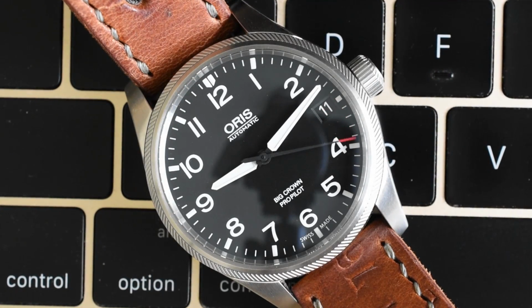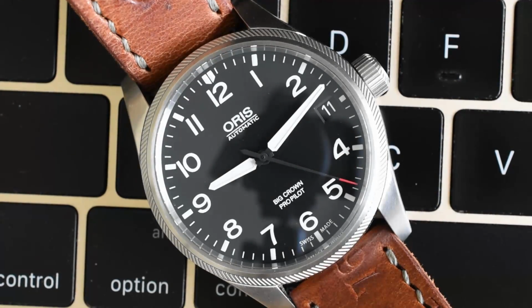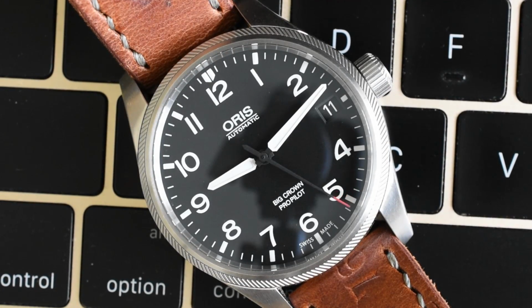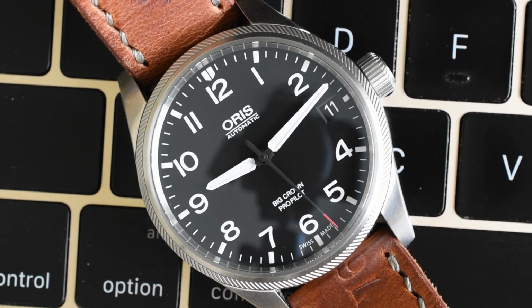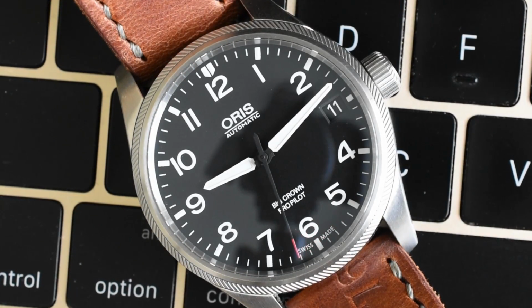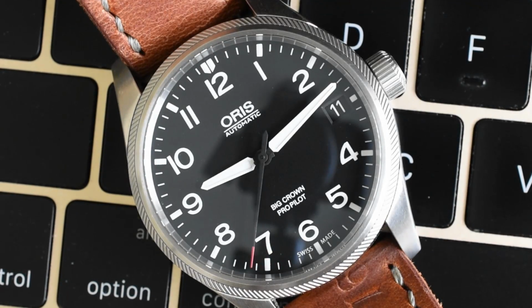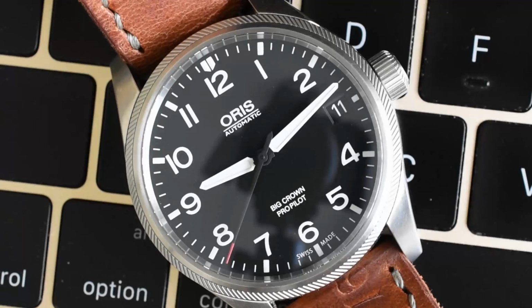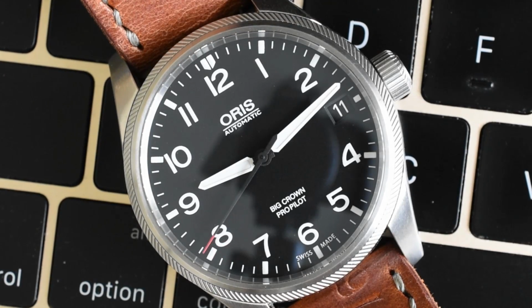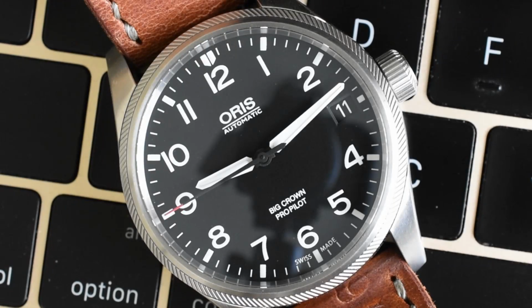Very, very easy to read, very visible, legible dial. Threaded crown, 100-meter water resistance rating. Of course, it's Oris, so it's Swiss made. I believe it has a Sellita automatic movement, so you're getting hacking, hand wind, very smooth sweeping second hand. I think I mentioned threaded crown, 100-meter water resistance rating. Display case back. I mean, honestly, it's such a durable watch, and such a really, really precisely detailed watch,